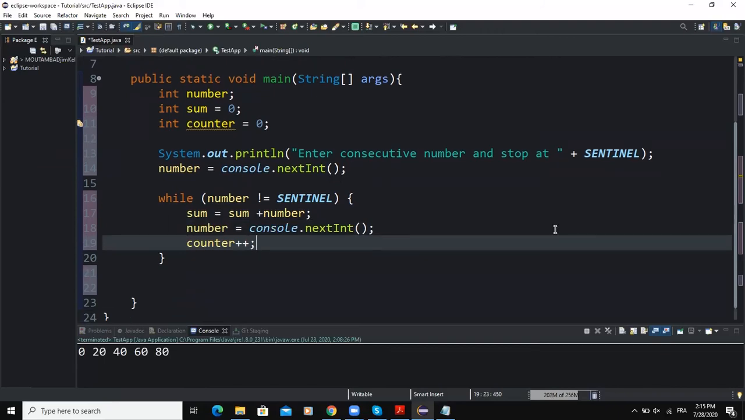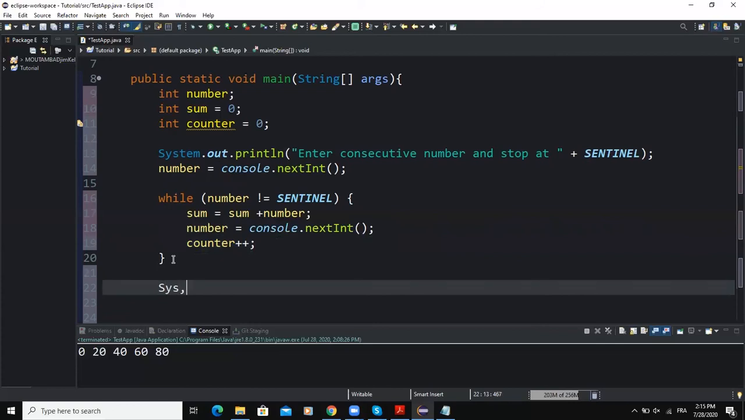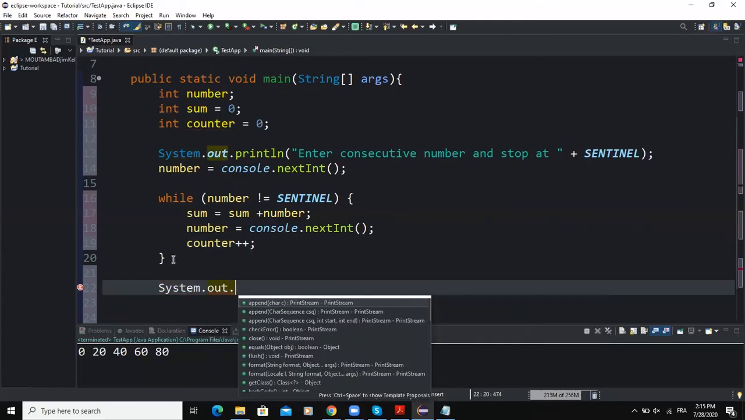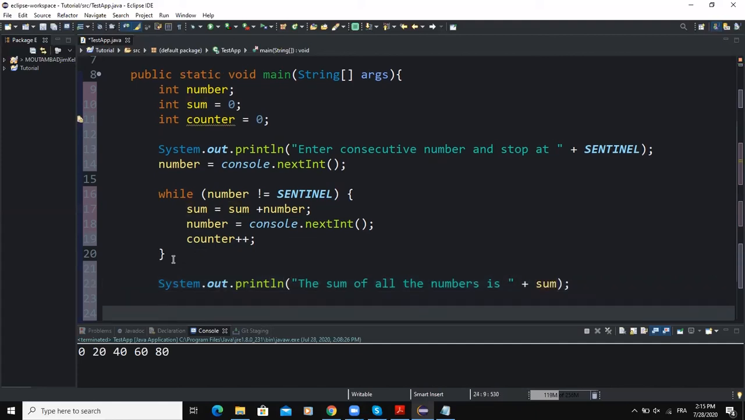So outside of the while loop, I will now write my output statement. So I will say System.out.println inside the brackets. So I will just say "The sum of all the numbers is", and here I'm going to specify my variable sum. So now we can also add an if statement, and that if statement is going to allow us to